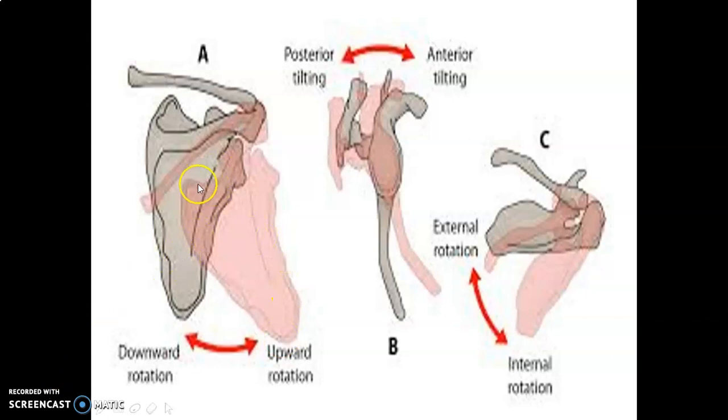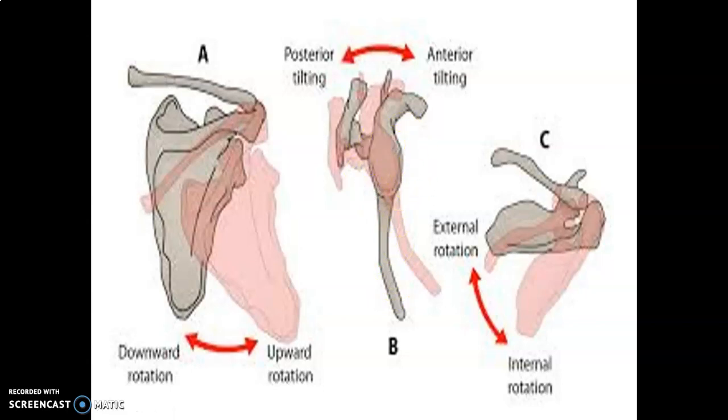I just wanted you to familiarize yourselves with the movements. This is the clavicle, this is the scapuloclavicular joint. Here you can see how the clavicle is moving downward, depression, and then you can see the upward rotation of the scapula happening here, and this is a downward rotation of the scapula. As you know, this is the anterior surface, this is the posterior surface of the scapula. This is scapula. We can see the glenoid fossa.